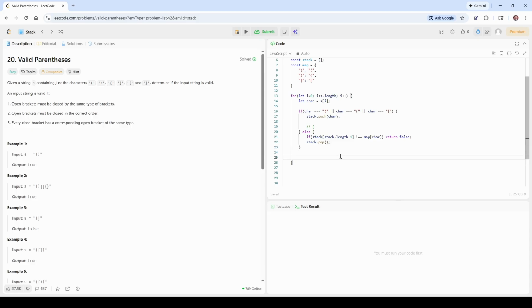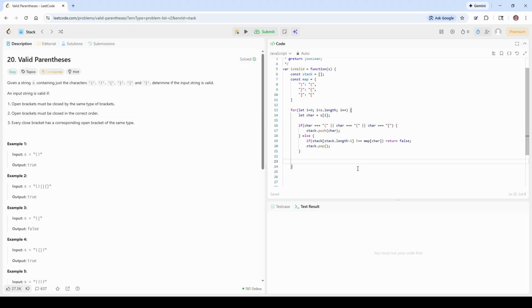Okay, and then we need a way to check if we should return true, because we have a condition to return false. The way we would know is if the stack.length is 0, because we don't want anything remaining in the stack. If everything is gone, then we know there was an equal amount of closing and opening parens that matched up to each other, and the string is valid. So we can just say return stack.length